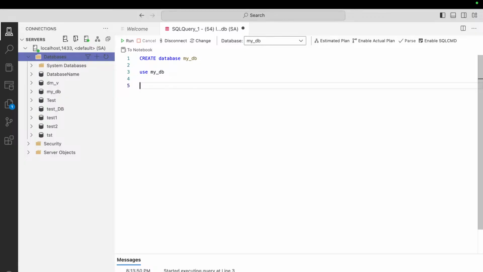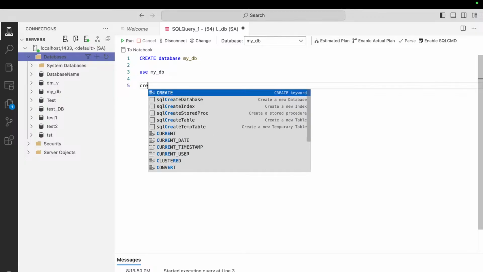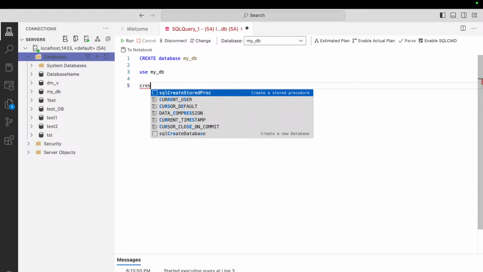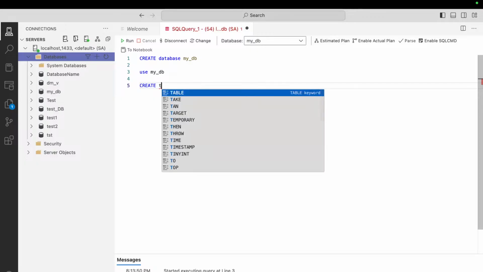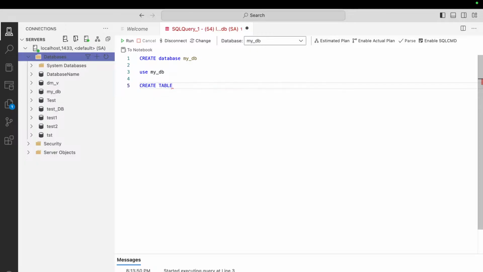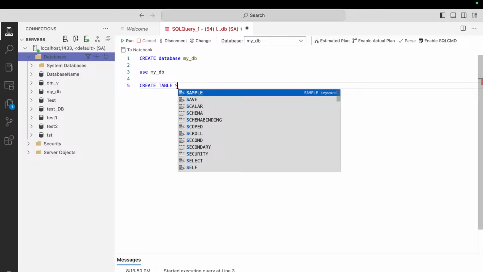So when we create a table like this, we just need to type a command called CREATE, and after the command we define which object we are going to create. We are going to create a table, but we can also create a database, a view, a temp table. We can do many things by using the CREATE command, right? In this case the object type is table, and we are going to define the name of